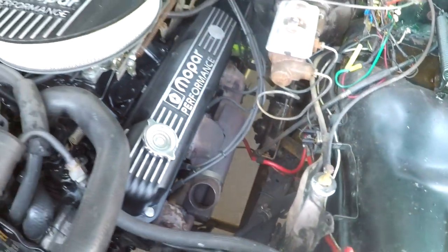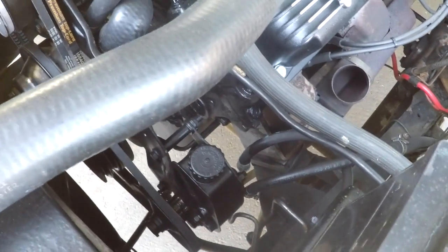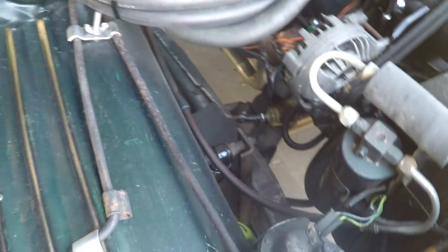So you can see here it's got power brakes. And then it's got factory air conditioning right here. It's all hooked up, but it doesn't blow cold. And I don't think it's charged or anything like that, but at least the belts are still on it. And then you can see here it has power steering, and it actually drives really nice, steers nice, and in